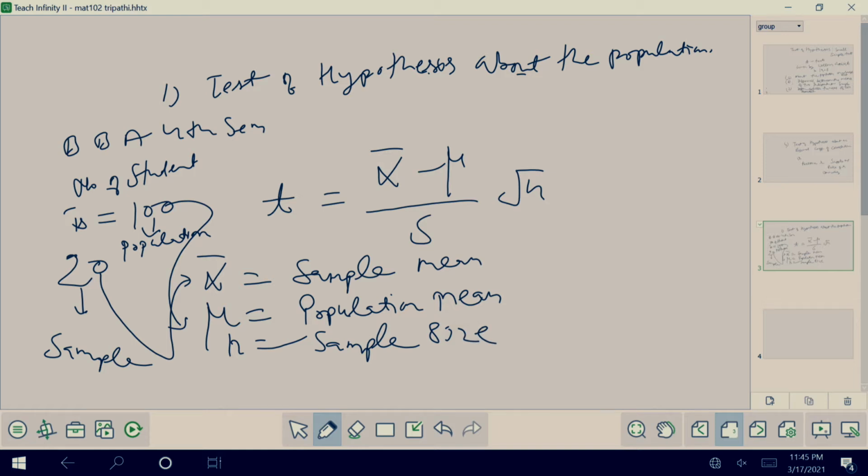And what is S? S is really very important and you have to calculate S. S is modified standard deviation, right? So, in this question you have to see that you are given x bar, mu, and standard deviation, not only standard deviation, means modified standard deviation. Now, there are some formulas to calculate modified standard deviation.